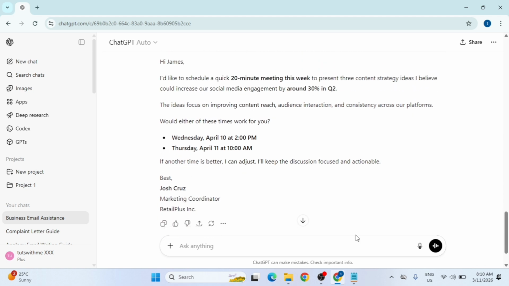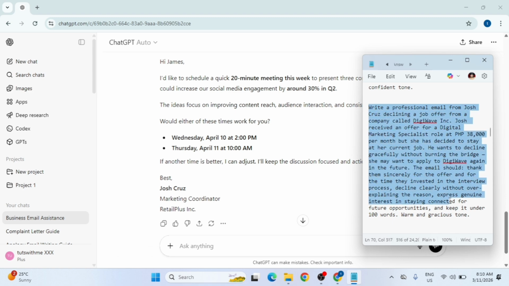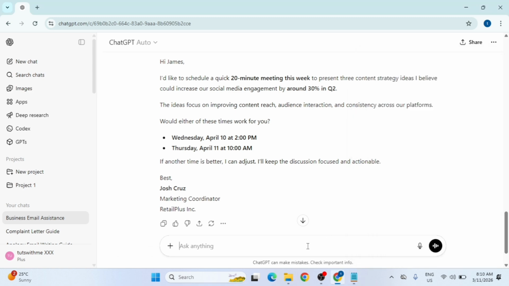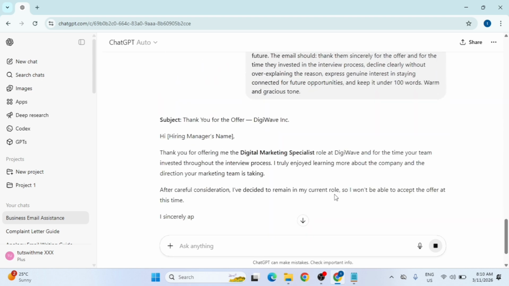benefits of the meeting. Finally, let's try a more sensitive task. I'm copying the details for a professional email to decline a job offer from DigiWave Incorporated. I paste the information, and ChatGPT drafts a warm, gracious response that declines the offer clearly without being repetitive or